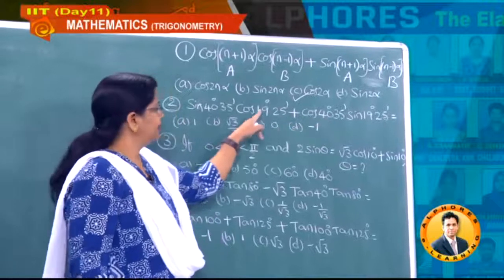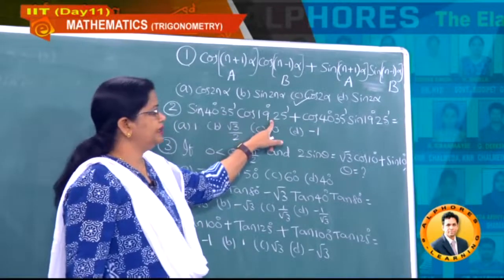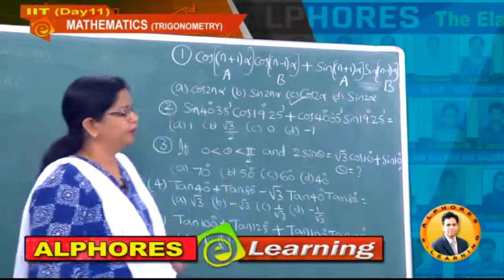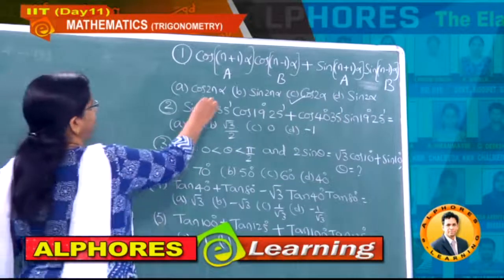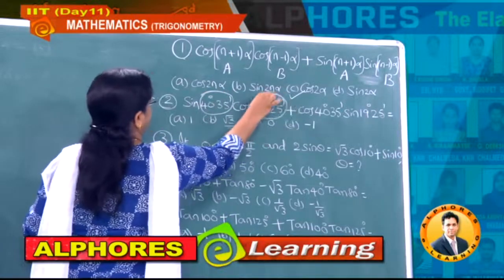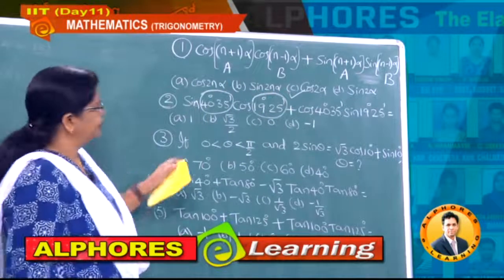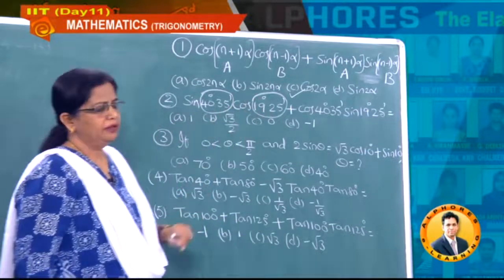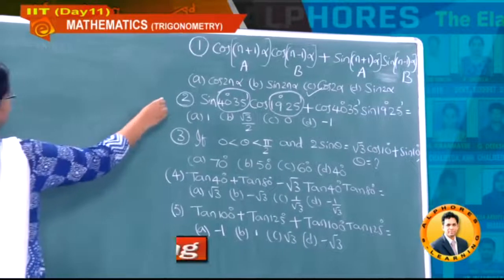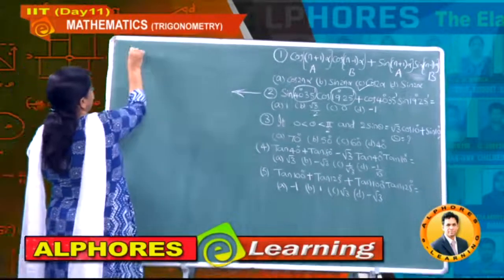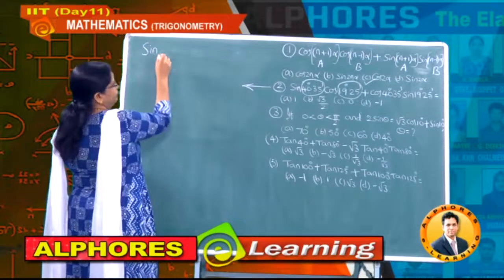Understand? And next here 19 degrees 25 minutes, the same value repeated here also. That means if this value is now our A, then what is this value here? B. Understand? So if you take one value as A, then this value is your B. I am writing here. Now we are doing the second problem, that is sin of 45 degrees 35 minutes,